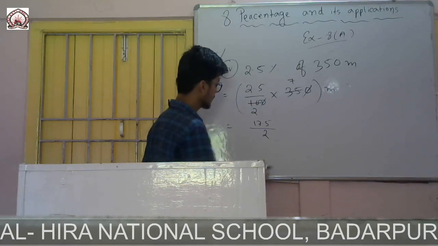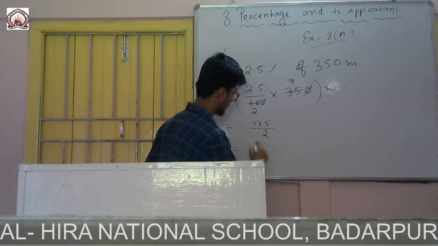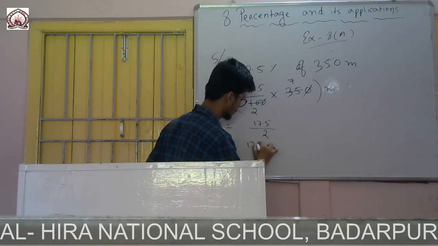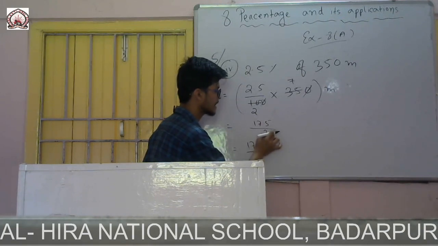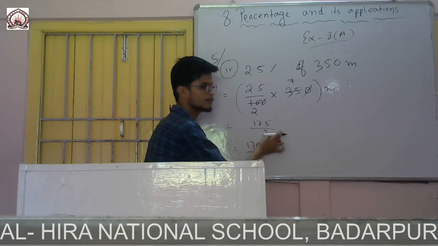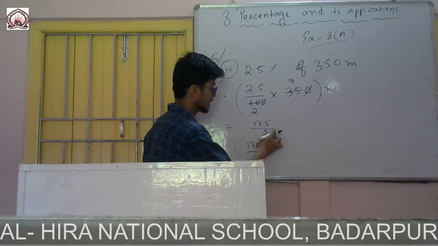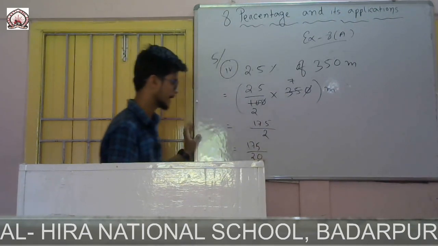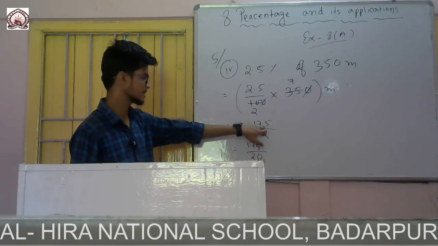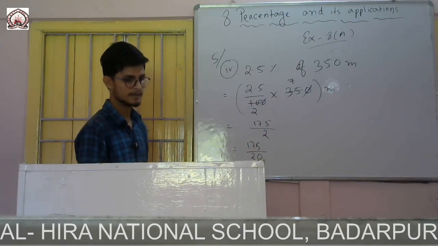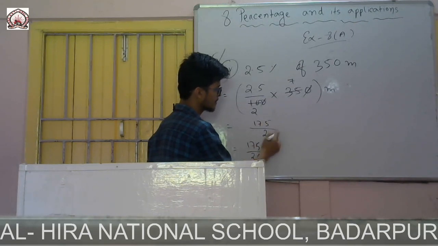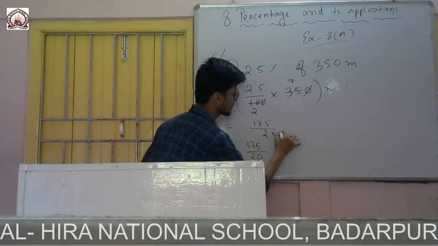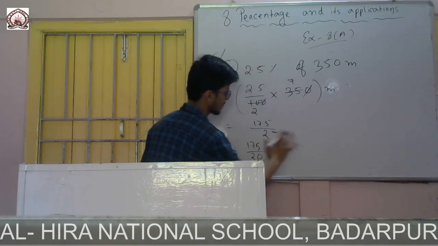17.5. So if I divide it by, okay, simply you break this one, it will be easy for you. 175 by, after the point one place is there, that means if I remove this decimal, I have to multiply it by 10. So 2 into 10, it will be 20. I am removing this decimal, it will be easy to calculate, or else you can do, same answer you will get. So 175, and just as I removed this decimal, I will multiply this 2 with 10. It will become 2 tens are 20.